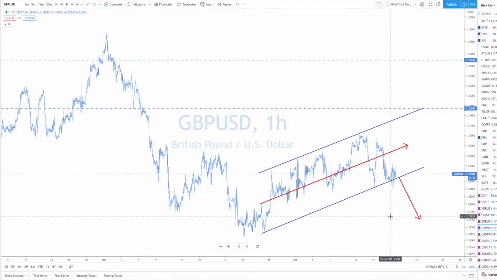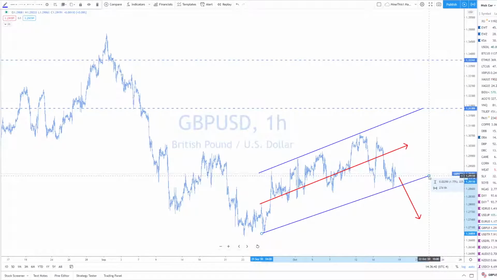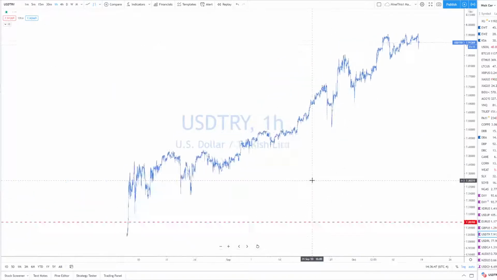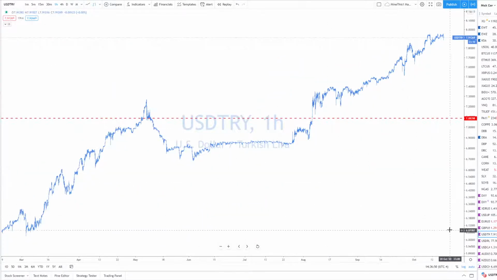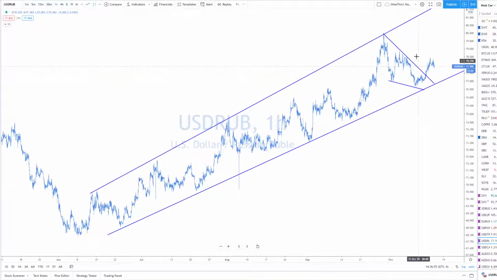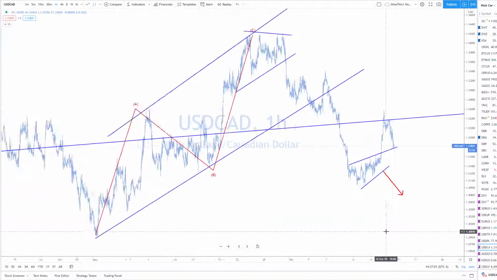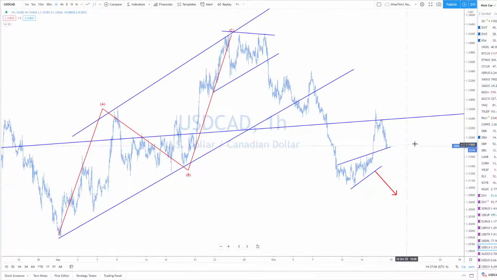You can say this broke here, like this, okay? That's the more valid question, but since it's held for so long, I'll expand it and give it the benefit of the doubt. US dollar, Turkish lira, okay, 791. US dollar ruble broke out, not doing a good job pushing higher. USD CAD broke out, failed, back into structure. Almost. Is it? No. This could be a break test fail, but the overall